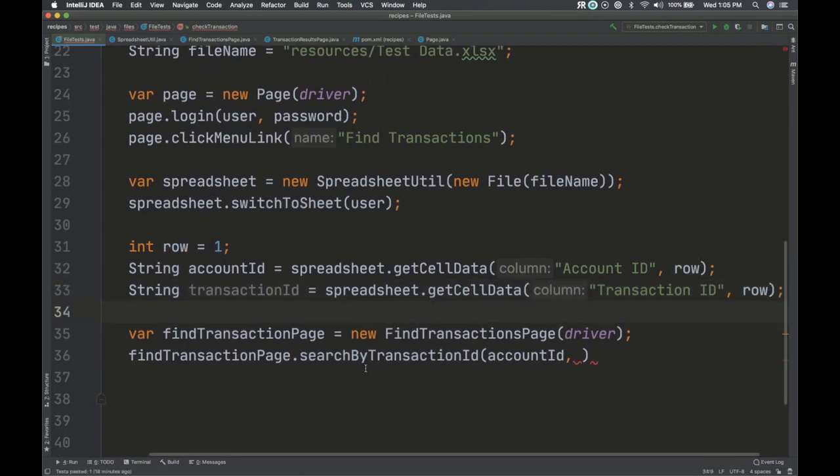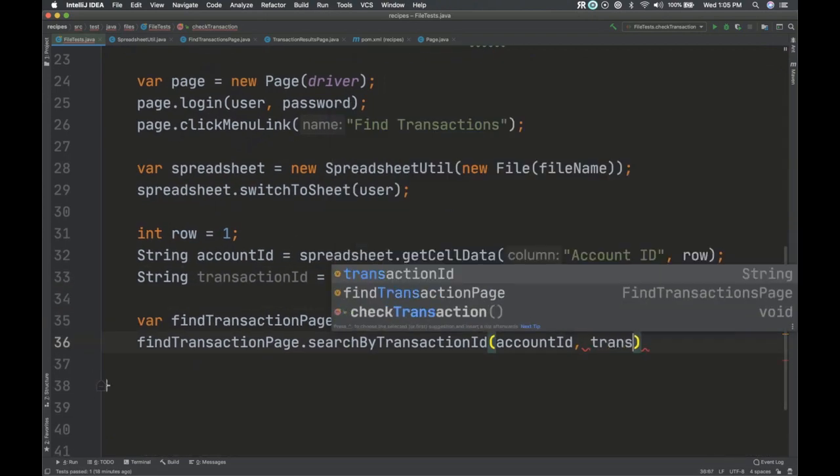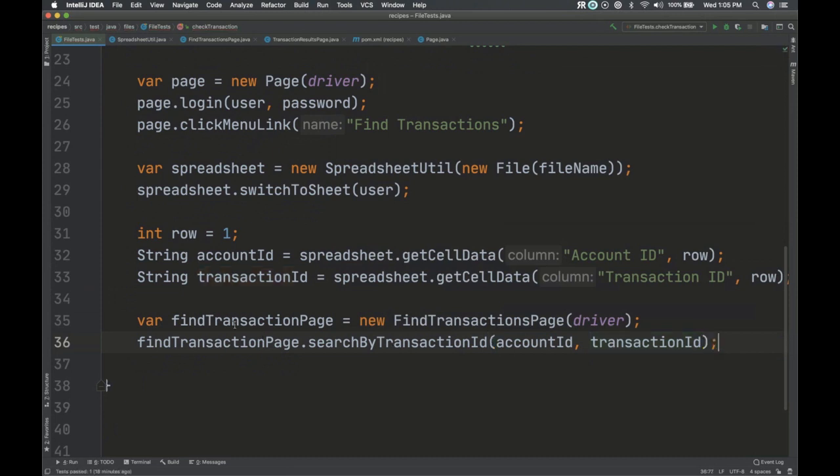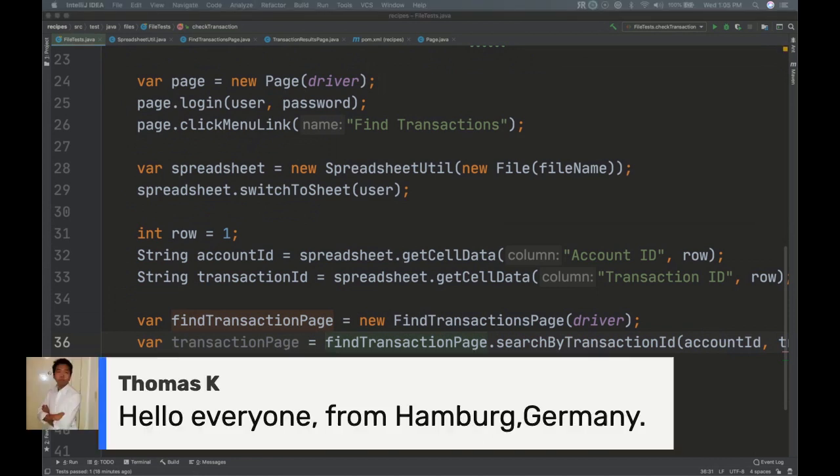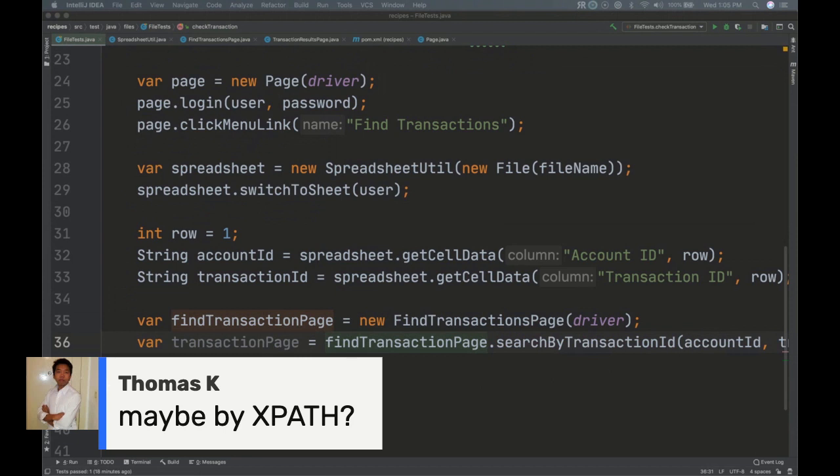All right, and then transaction ID. Boom, and we can store this into transaction page. All right, cool. All right, let's take a break for questions. Hello, Thomas. Maybe XPath.